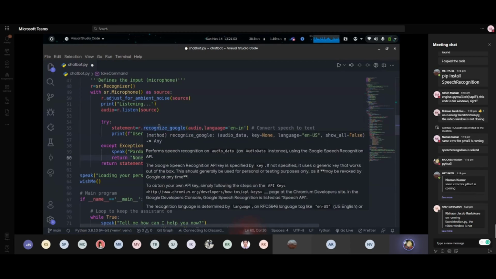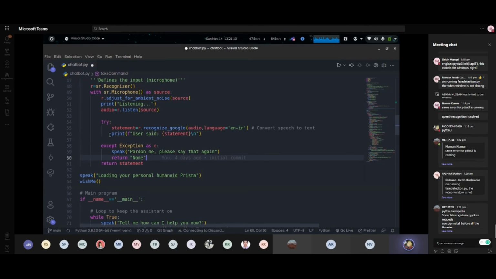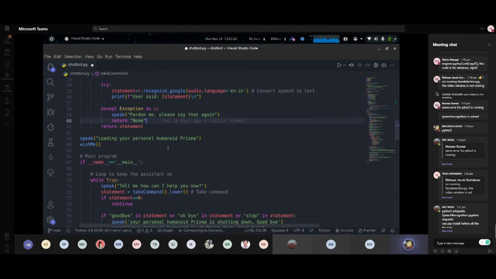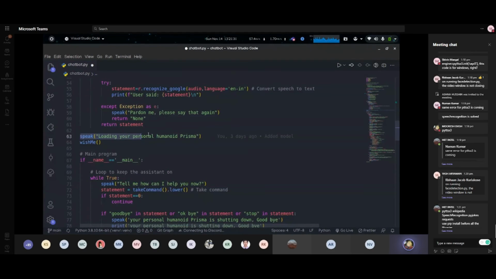The speech recognition module will recognize the speech that you have just told and convert it into text, and then it will print that statement: User said this. And if it doesn't understand, if you are talking in Hindi or Tamil, then it won't understand, and it will say, pardon me, please say that again. Those were our only functions that we will need.